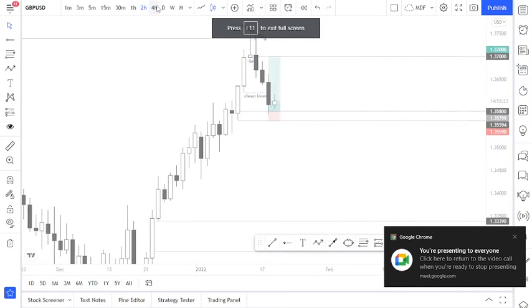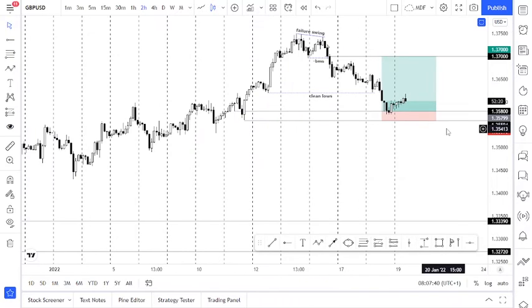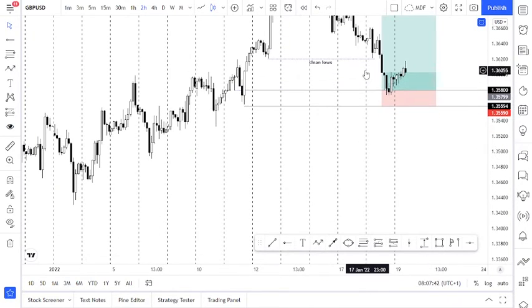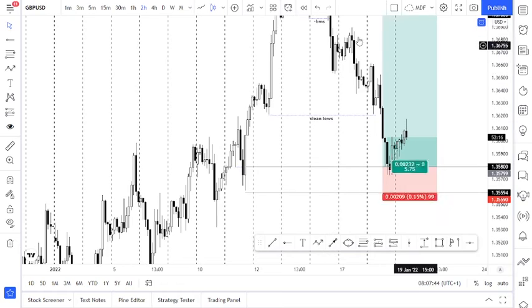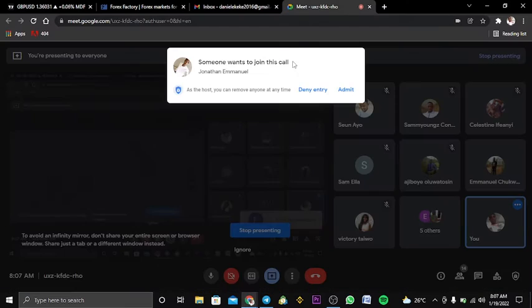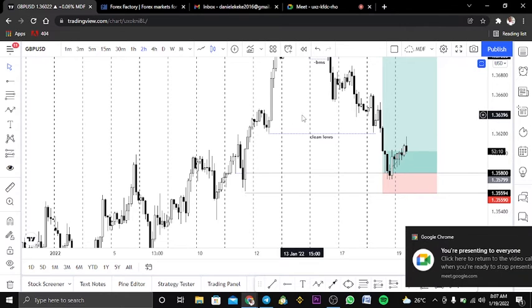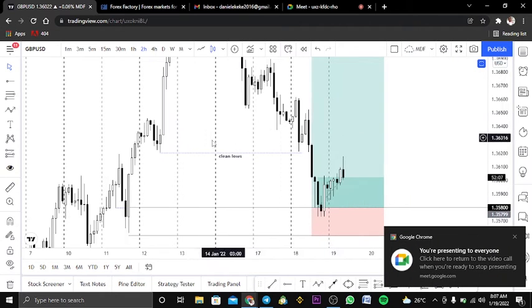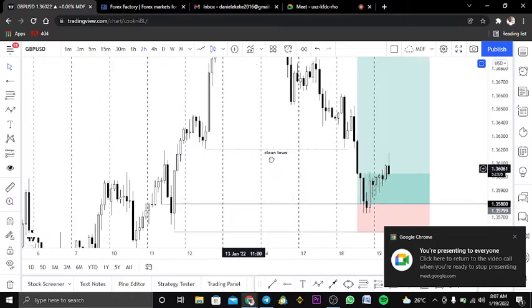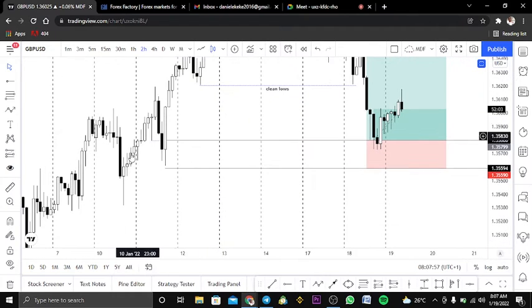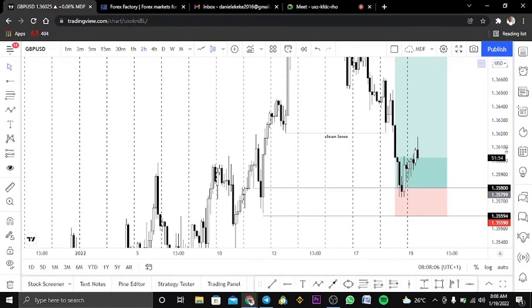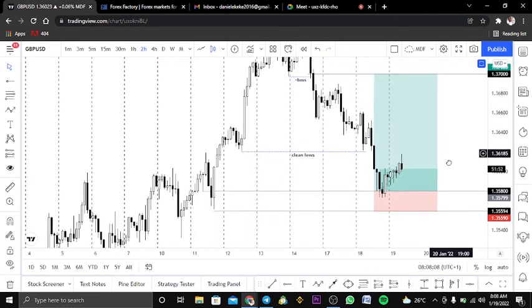Coming to this time frame now, you see that we already have the equal lows taken out, which is a liquidity area. Then we have another block here sitting around 1.35800. So I knew basically that this order block should hold price. Though it was against the trend, I knew it was definitely going to hold price.